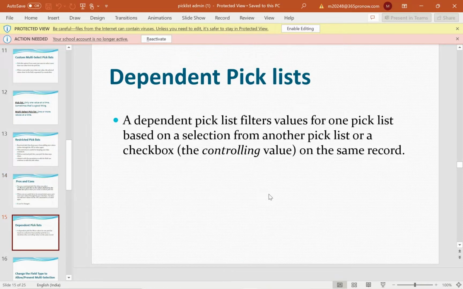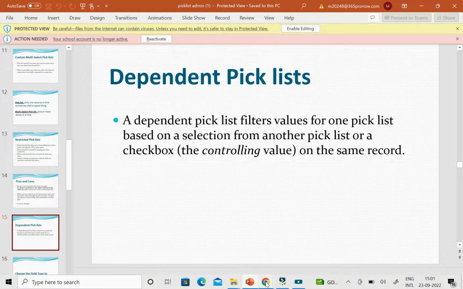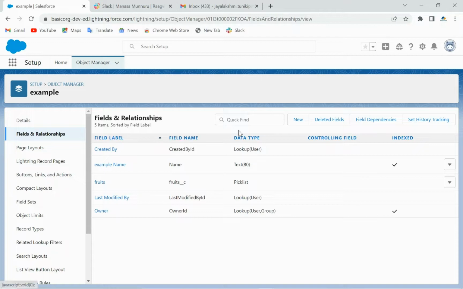And the second type of fields are dependent pick list. Dependent pick list means the selection of the value of this pick list depends upon the other pick list, which is called a controlling value or a controllable pick list. That we will see now. First let us see what is